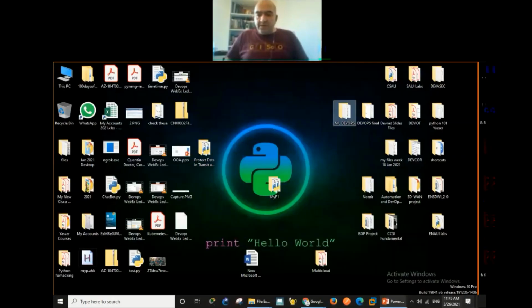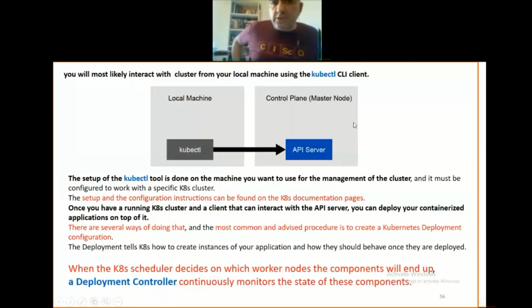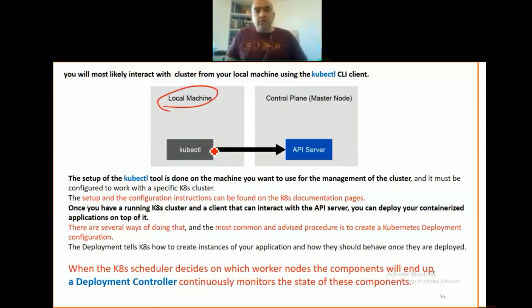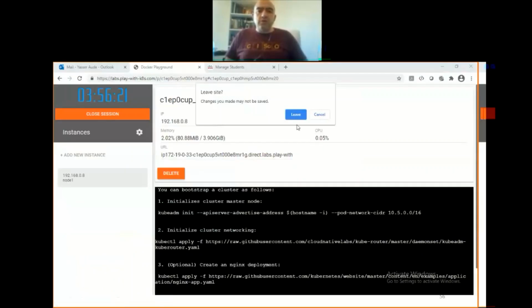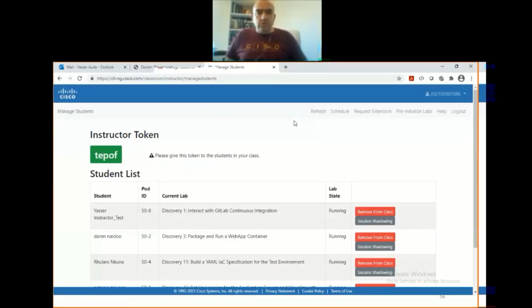Anyway, let's return back to our talk. kubectl is just a command line client. You can install it on your laptop, on your local machine, and use it to communicate with the master node, with the API server, actually. When the K8s scheduler decides which working node will host its component, why is this shown to me,